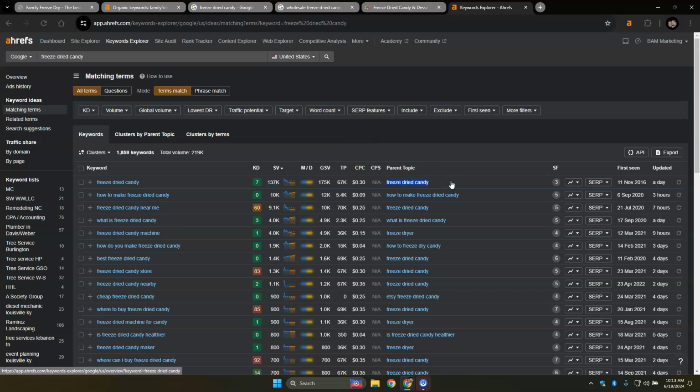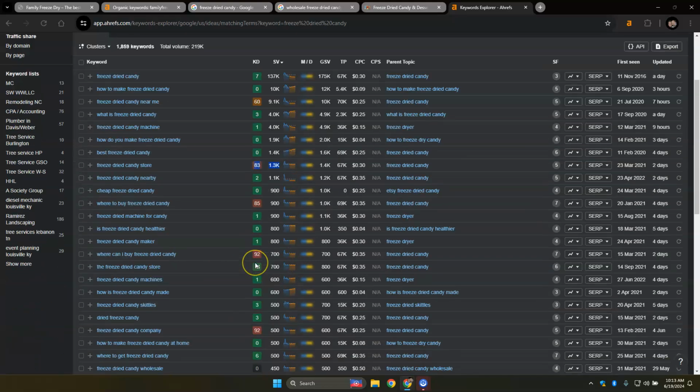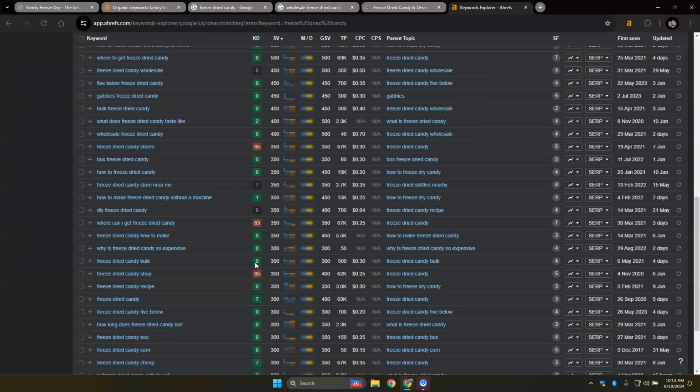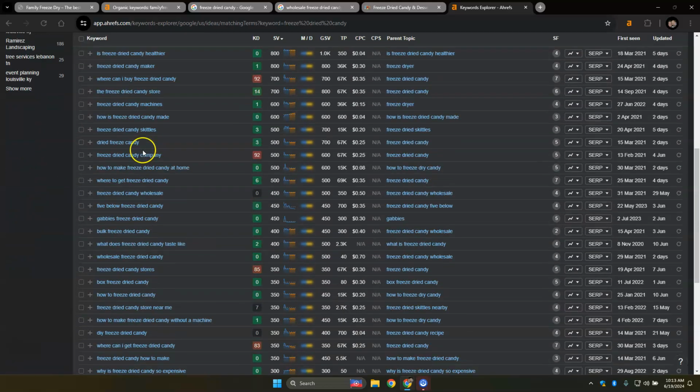Yeah, that's a lot of searches. It's not very hard to rank for that particular one. But a freeze-dried candy store is a lot more difficult, with not as many searches. And the one that I looked at for you, wholesale freeze candy, there's 400 searches a month, and it's a 0 KD, so it would be a lot easier